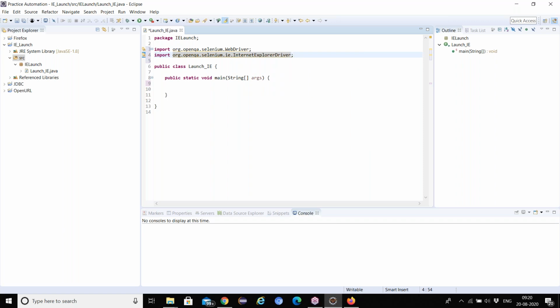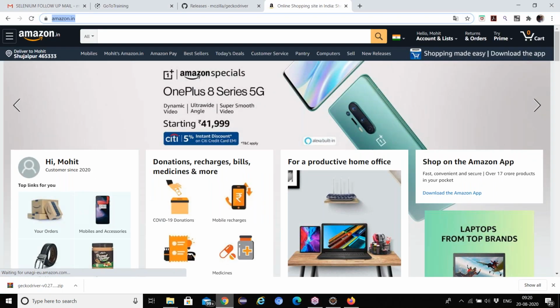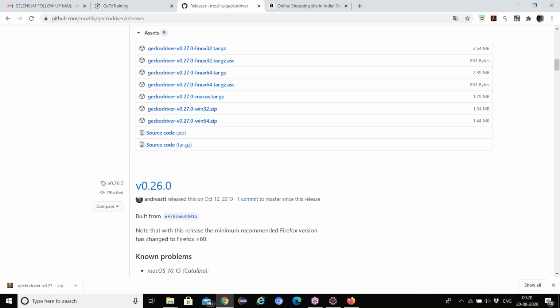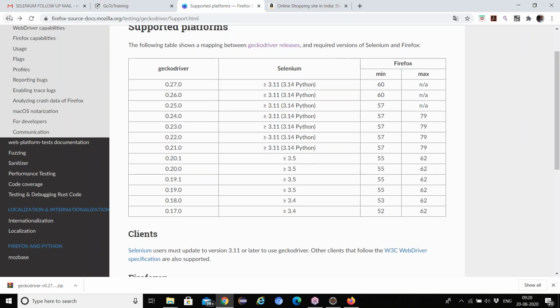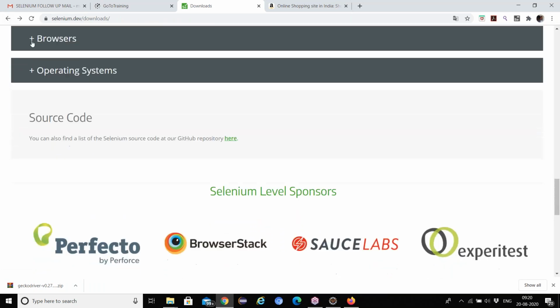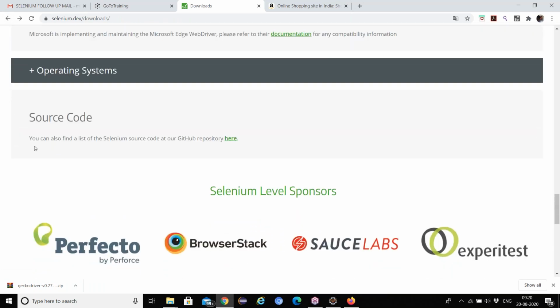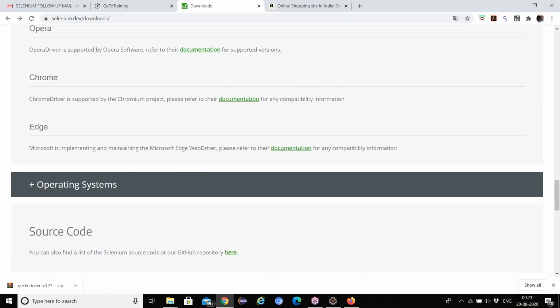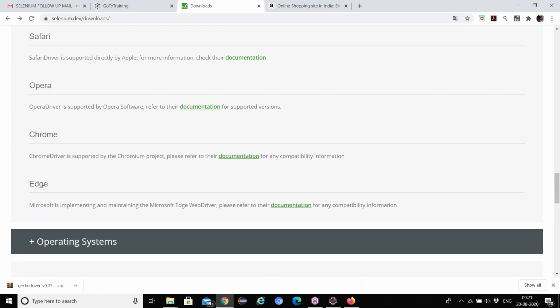Mohit, did you download IE? No, right? So go to the Chrome browser. Open a new window. Go back. Now we require the IE driver, right? The browsers we are not seeing that IE, right? So Alok was asking this question, but he had urgent work. He left. Okay, no problem.